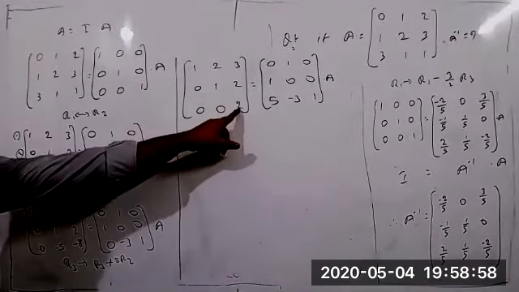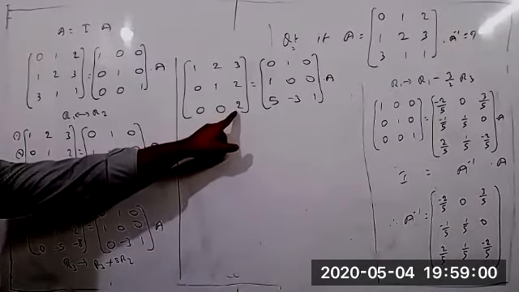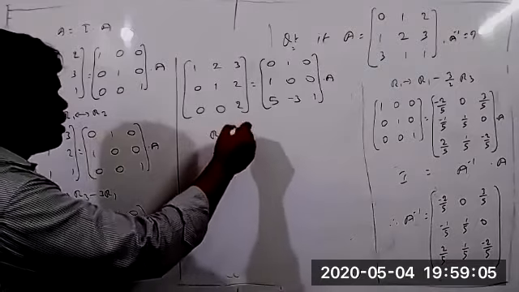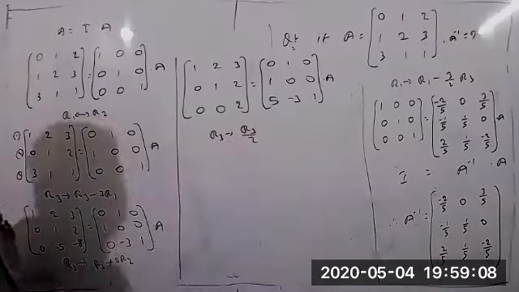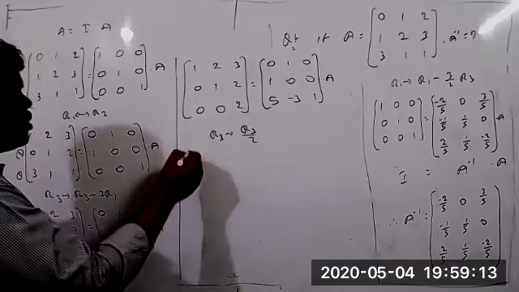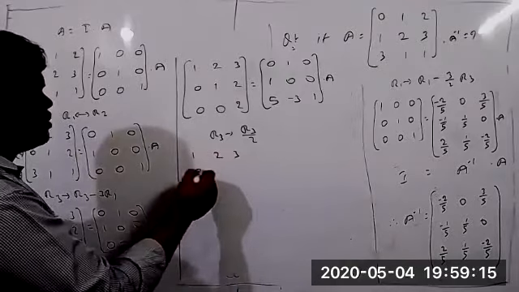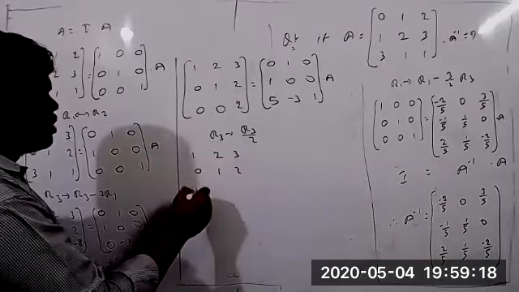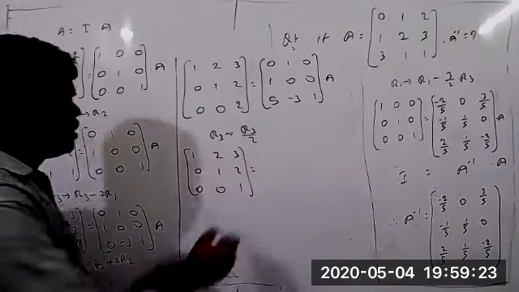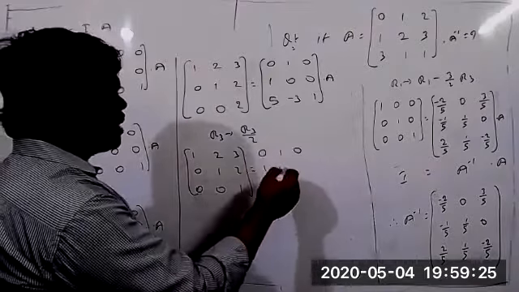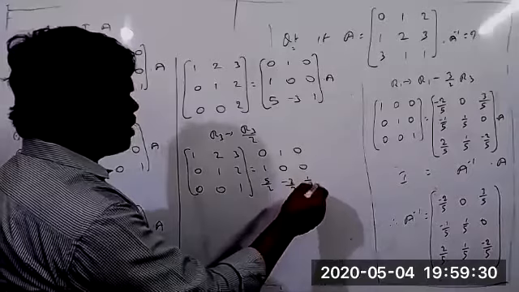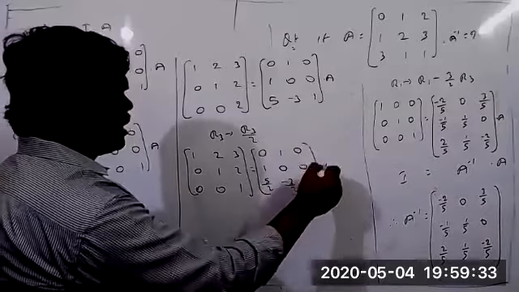So here 2 is there now. But in place of 2 what is actually required? 1 was required. Then how to get 1, tell me? Again you can take R3 is such that R3 by 2 you can take. So 1 2 3 0 1 2, but 0 by 2 equal to 0, 0, 2 by 2 equal to 1, 2 by 2 equal to 1, it is equal to 0 1 0 1 0 0. So it is 5 by 2, minus 3 by 2 and 1 by 2, 1 by 2 into A.